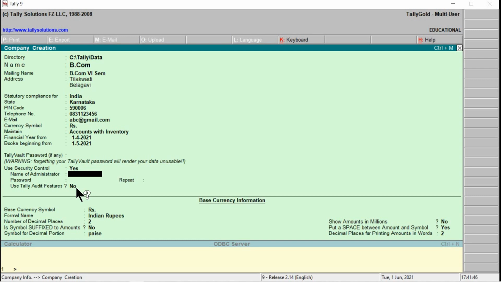It allows us to alter the entries if required. Once we audit the entries, Tally displays all the altered entries with the username who altered the entry, the date and the time of alteration.